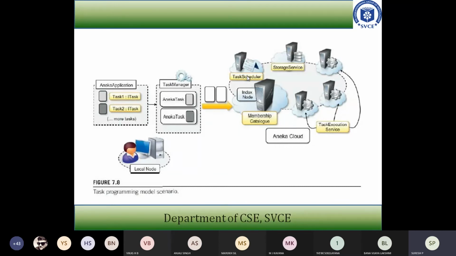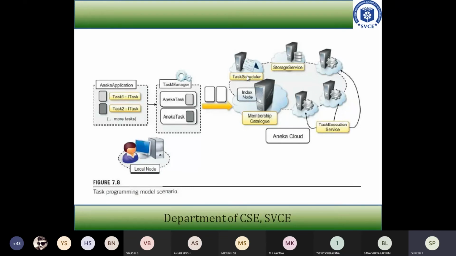So that is the charge of managing the execution of task-based applications. It is the responsibility of the task scheduler to allocate the task instances to resources featuring the execution services. If any application requires data transfer support, the data transfer can be in terms of data files, input or output files.